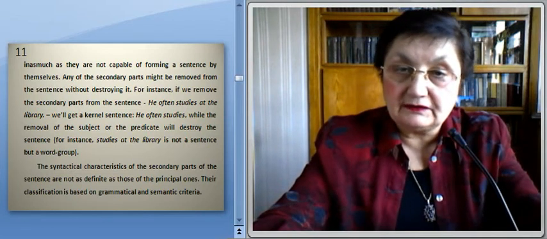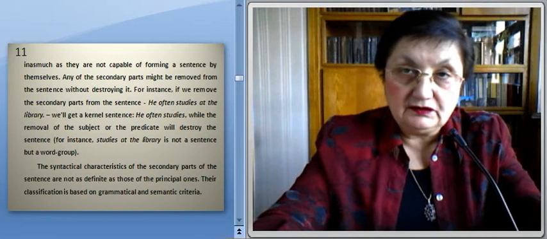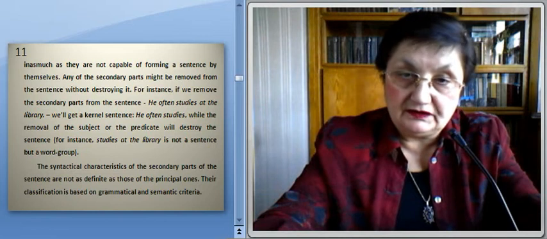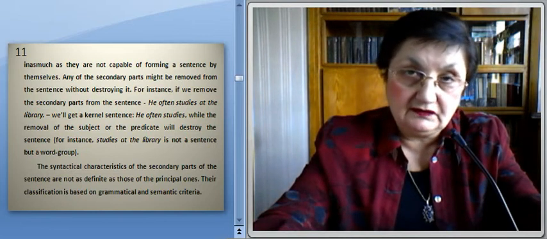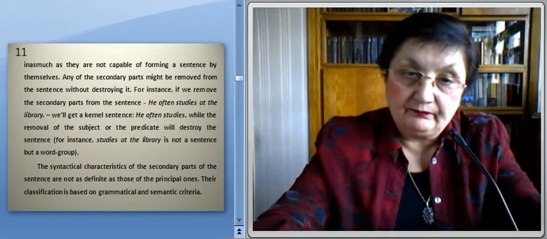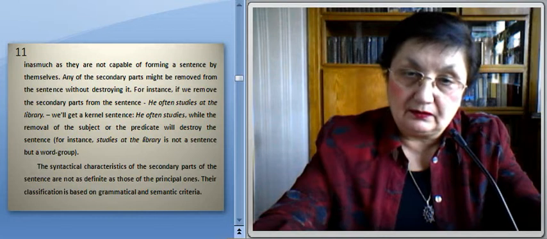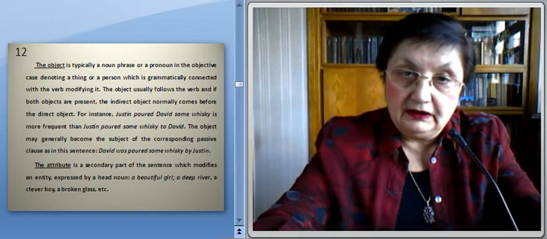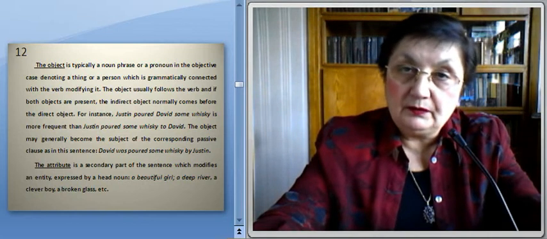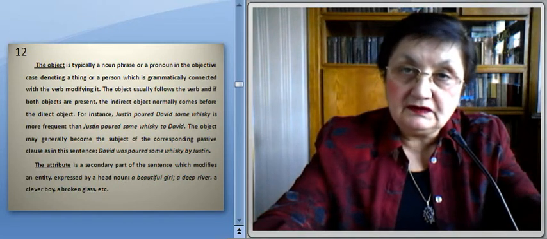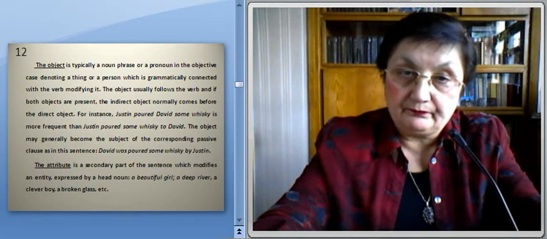The syntactical characteristics of the secondary parts of the sentence are not as definite as those of the principal ones. Their classification is based on grammatical and semantic criteria. The object is typically a noun phrase or a pronoun in the objective case denoting a thing or a person which is grammatically connected with the verb, modifying it. The object usually follows the verb, and if both objects are present, the indirect object normally comes before